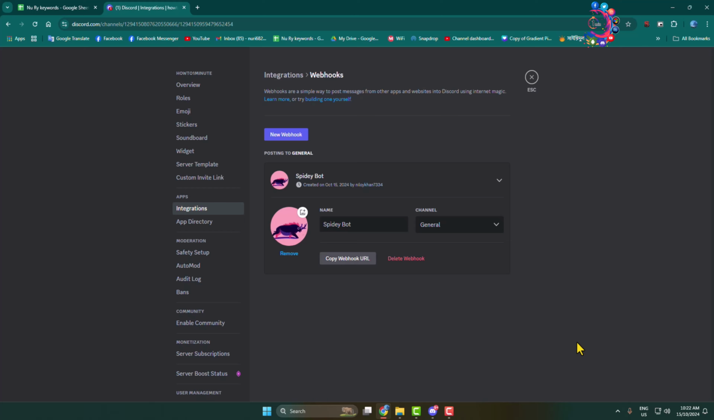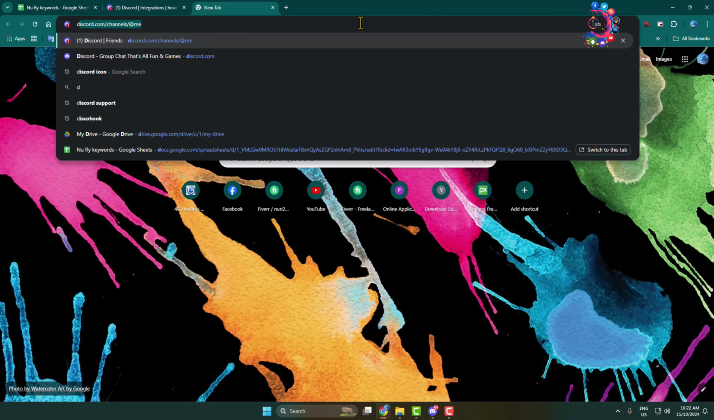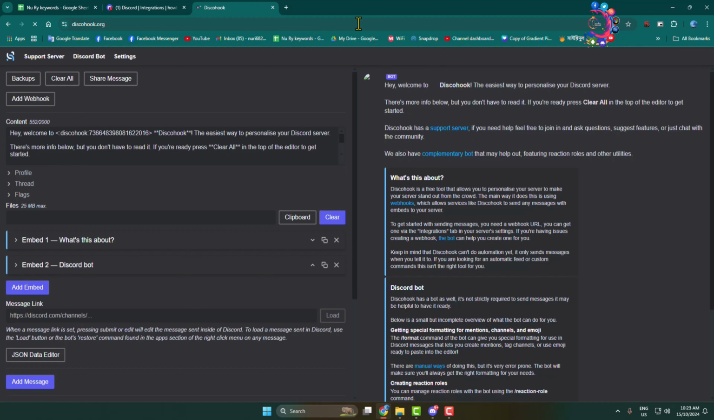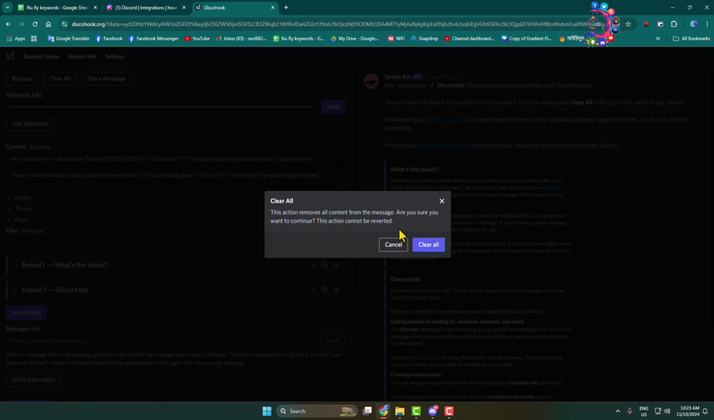And now using this webhook, you can connect your Discord with GitHub, or with YouTube to get the latest updates for your YouTube videos. Also, you can create roles or roles channels using this webhook. So in my case, I'm going to open the Cohook.org website and clear everything,